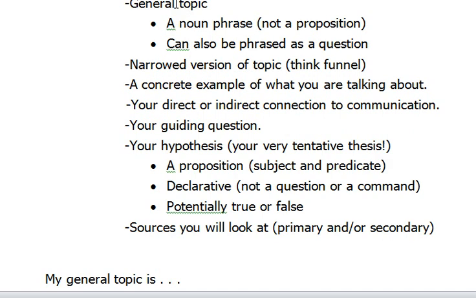For example, I have a student that is going to study shyness. So shyness, that's the topic. If I were to say to you, hey, shyness, true or false, you wouldn't be able to say true or false to that. You would need to say, well, tell me some more. What are you going to say about shyness?